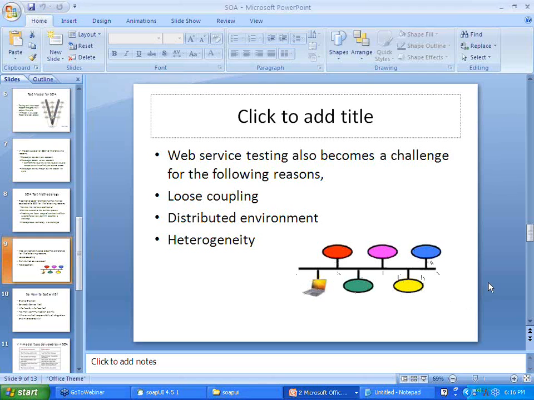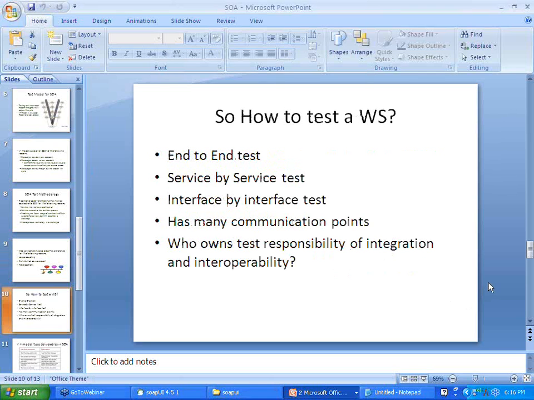Okay, now let us have a look at how to test a web service, which is a primary component in most service-oriented architectures. With a web service, doing end-to-end testing, by sending a SOAP request with inputs and checking if the output is received, is one way of testing. For that, you need to use a tool like SOAP UI.